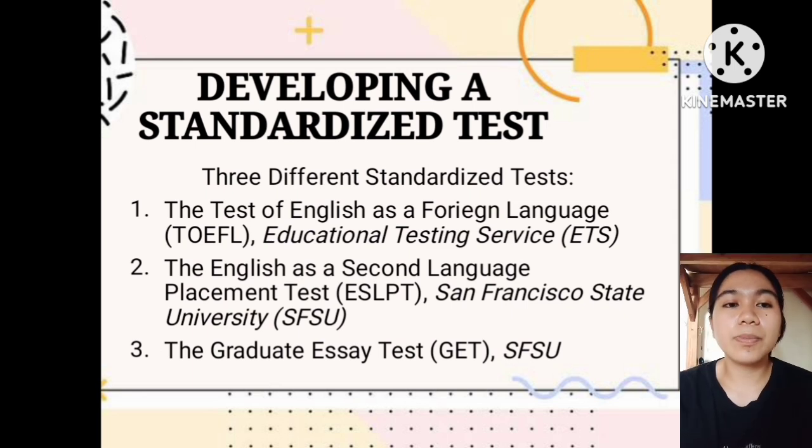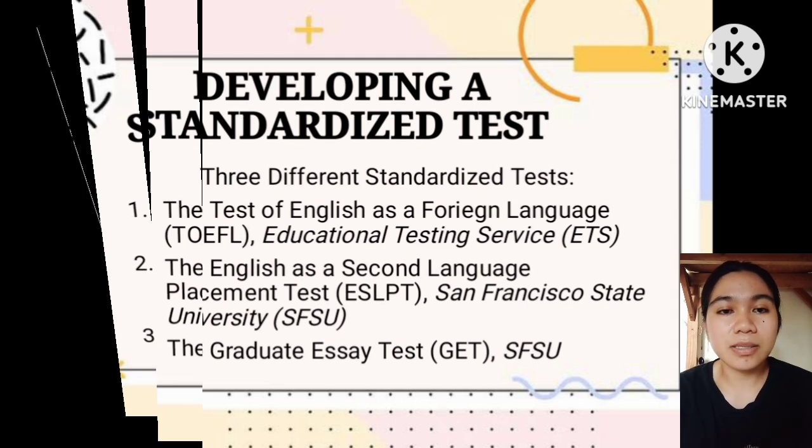We can observe from the three that the first one is a test of general language ability or proficiency. The second is a placement test at a university, and the third is a gatekeeping essay test that all prospective students must pass in order to take graduate level courses. As we look at the steps one by one, we will see patterns that are consistent with those outlined in the previous two chapters for evaluating and developing a classroom test.